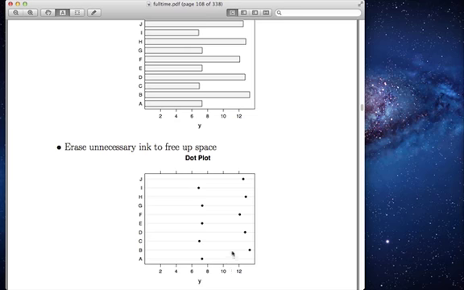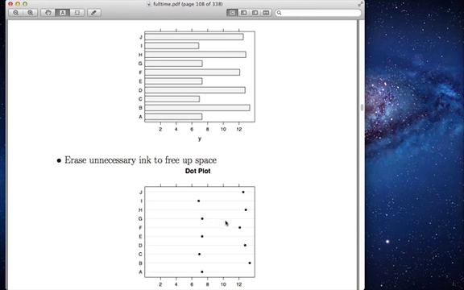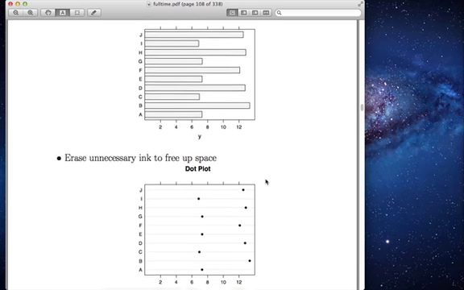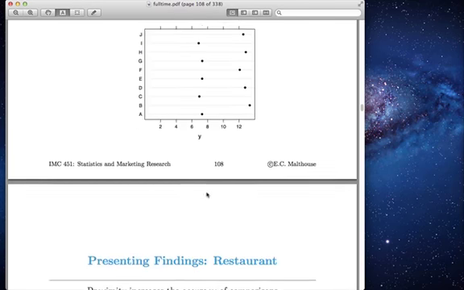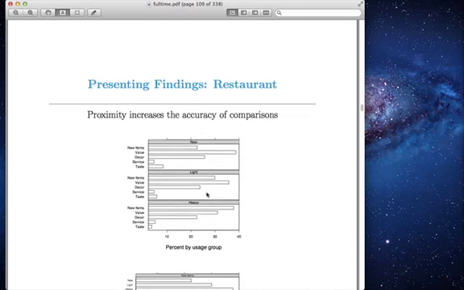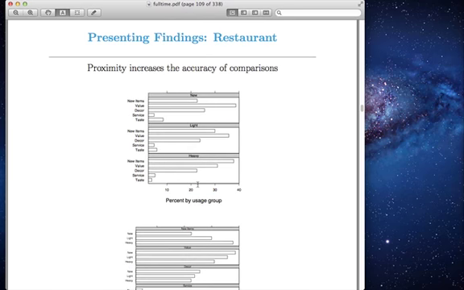The beauty of this is that we've just freed up all this space that we were using for the bars, and we can use that to show other things, as we'll see in a few minutes when we get to the next video. All right, so that's an example of erasing unnecessary ink to free up space to tell a richer story. So let's go back to the restaurant example,